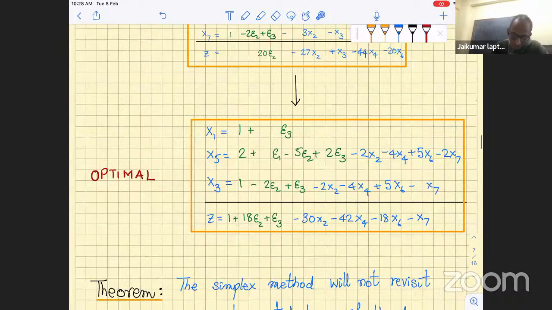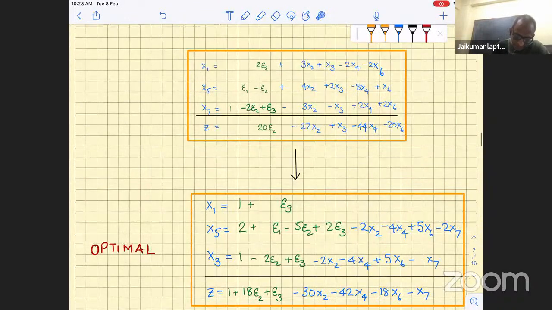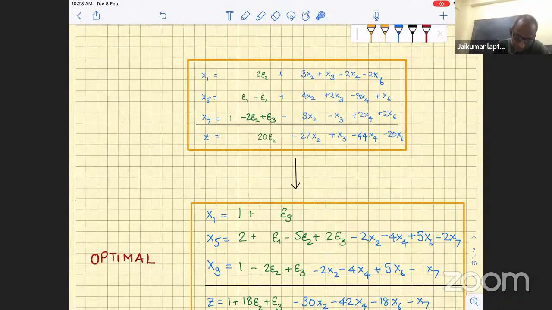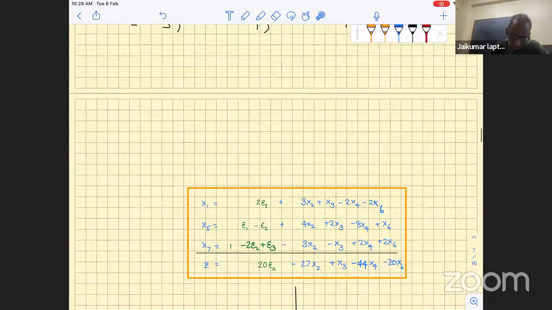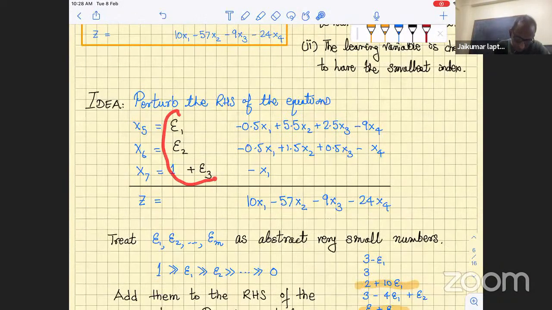And also, the quantities that will appear here will always be non-negative. They will actually be positive, because initially they were positive, right? When we first introduced the epsilon, all these quantities are positive. What if at some point minus 2 epsilon 2, etc. comes? Okay, then we will be in trouble,